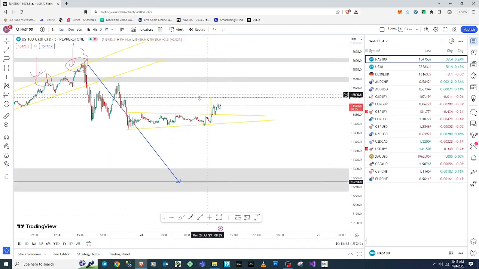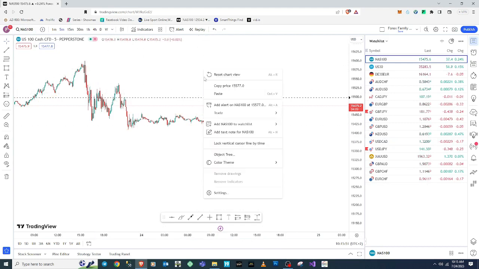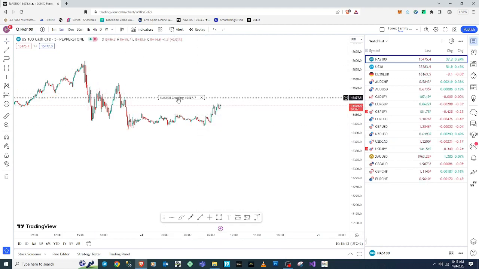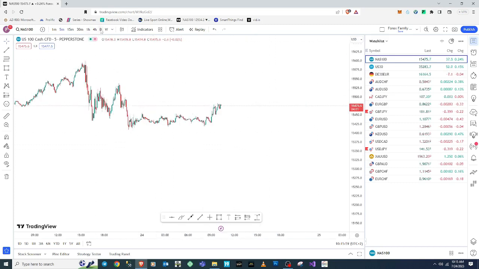Once they reach this TP, I'm going to wait and see what the market structure is going to be after that. But other than that guys, let's see what the market is doing. I'm going to remove all the drawings and start recording from scratch, analyzing the market from scratch. So what are we going to be doing? Let's start analyzing by